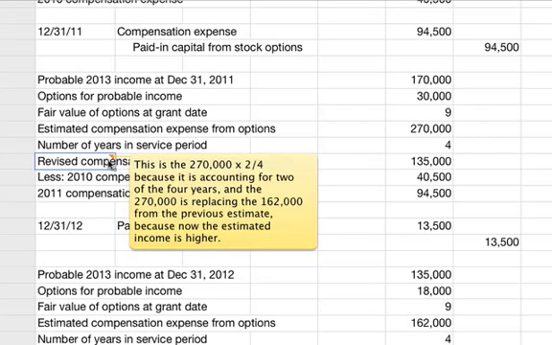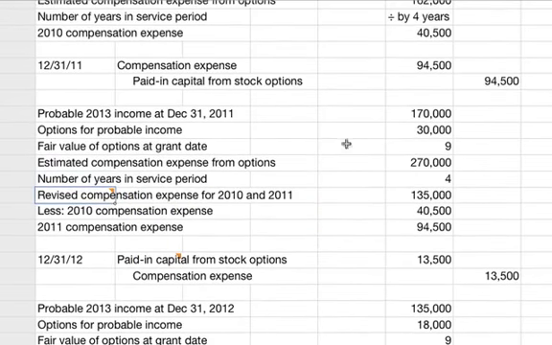The $270,000 is replacing the $162,000 from 2010's estimate, because now the estimated income is higher. So that 162 becomes irrelevant except for the 40,500 that we actually did expense. You subtract that from the 135, and that gives you the 2011 compensation expense of